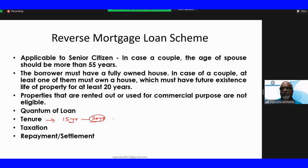If the borrower's age is between 60 to 65, then this 15 and 20 years is applicable. If the borrower is more than 65 years, then this becomes 10 and this becomes 20. So minimum becomes 10, maximum becomes 20. And about taxation, the amount of loan which is received by the borrower as reverse mortgage loan is not